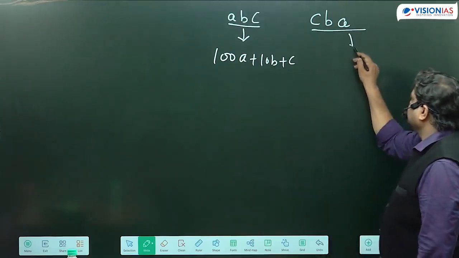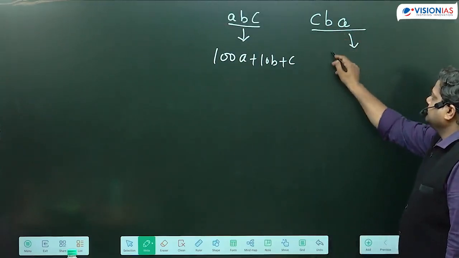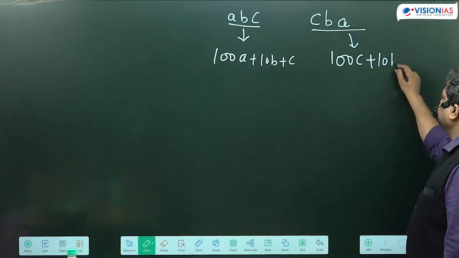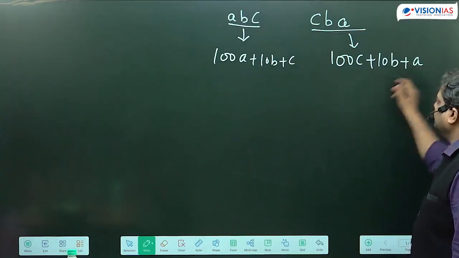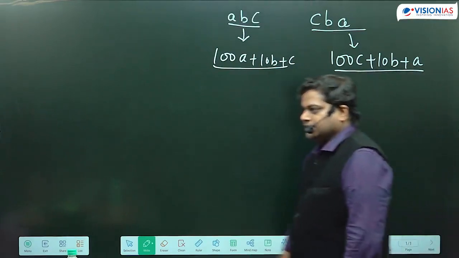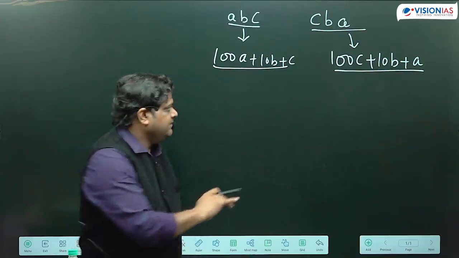If we are reversing the digits, first and last, what will be the place value? Plus 10b plus a. If we take the difference, and it is written in the question, after reversing the digits